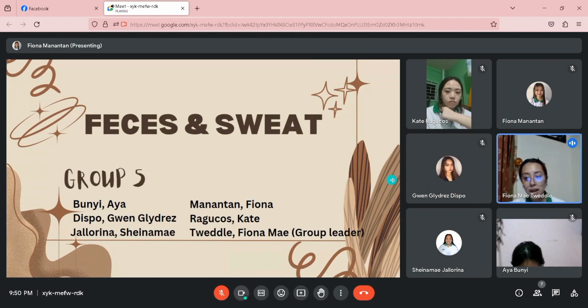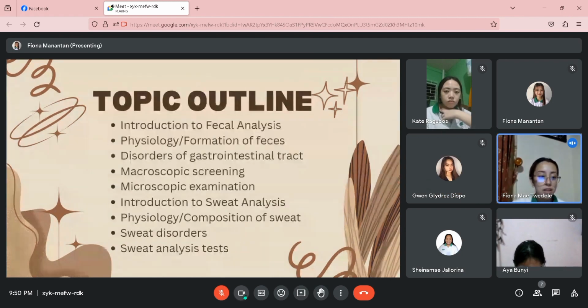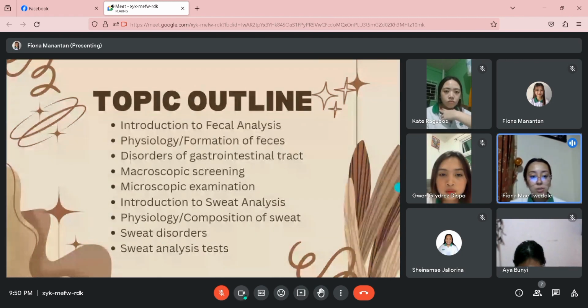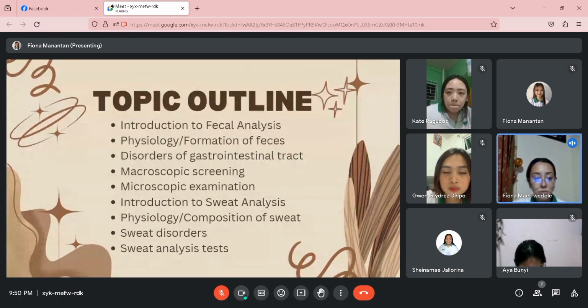Next, we have our learning objectives. At the end of the discussion, students should be able to describe the normal composition and formation of feces, differentiate malabsorption from maldigestion syndrome, and name a test that distinguishes the two conditions. We should be able to instruct patients in the proper collection of random and quantitative stool specimens, describe and interpret the macroscopic characteristics of stool, describe and interpret the microscopic results of stool specimen, explain the methods used to detect